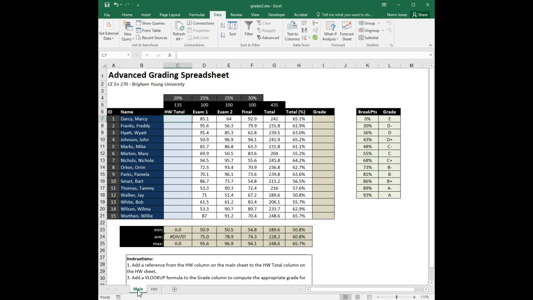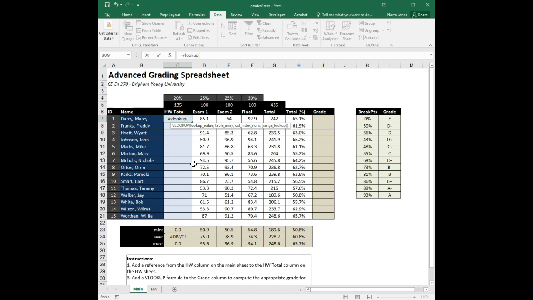There's actually such a thing as both a horizontal and a vertical lookup. What I just described to you is a vertical lookup, and that's what we use probably 99% of the time. That's accomplished with the VLOOKUP function, and there's an entire chapter in the Excel VBA primer describing the VLOOKUP function. So we're going to type equals VLOOKUP, open paren, and the first